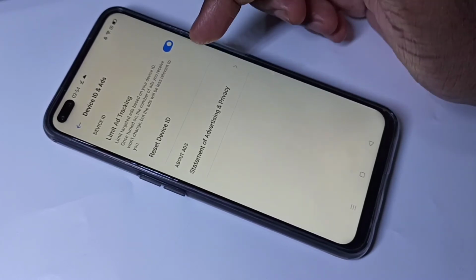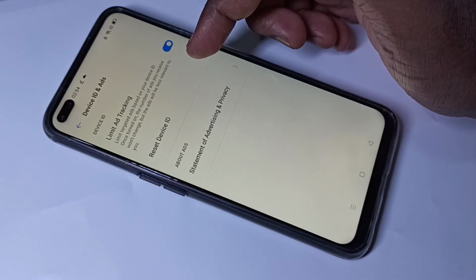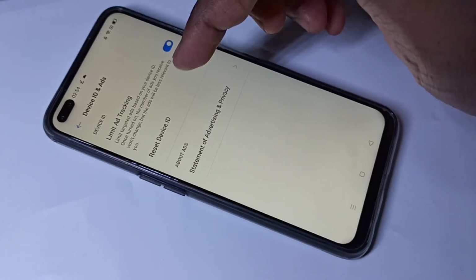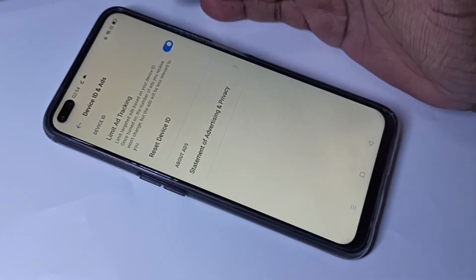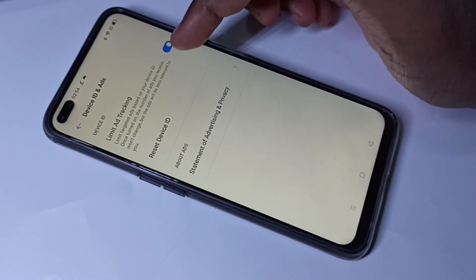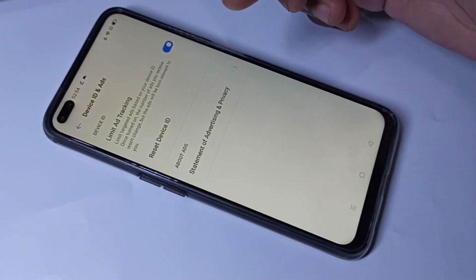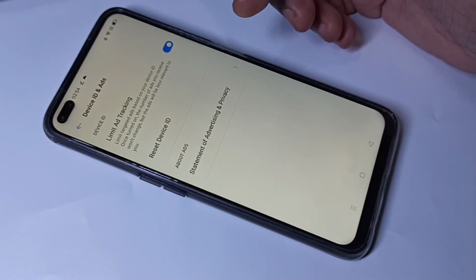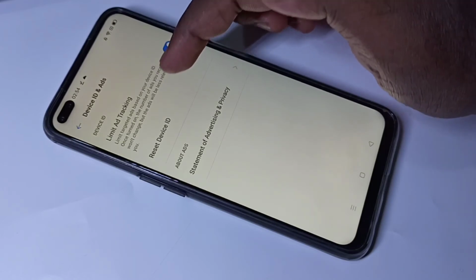So I told you they are using a device ID and they are storing this information against that device ID. So we can reset that device ID. If you reset that device ID, what will happen? That way we can clear the history which Realme has collected. So this is the option.